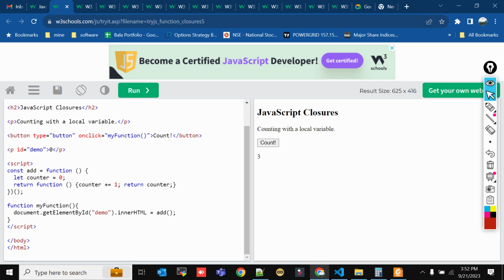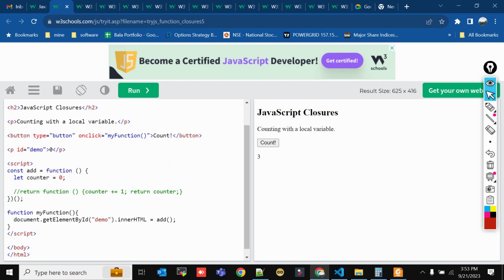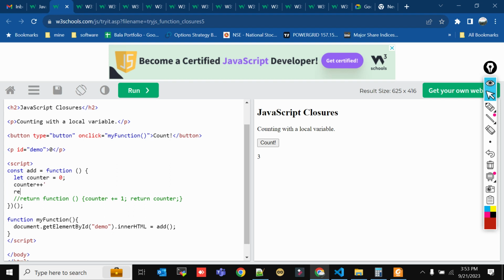I have to initialize the counter to 0 and I have to increment it. So how will I do it? I have to increment the counter, so it will be counter plus plus. And I have to return the counter. So if this is the case, if I call add, what will happen? Every time I call add,